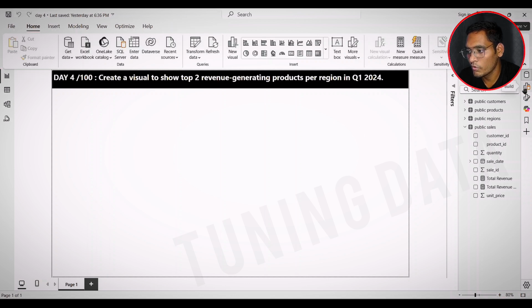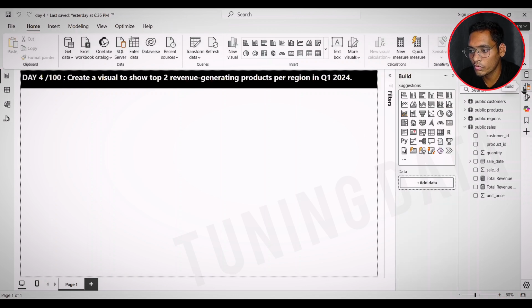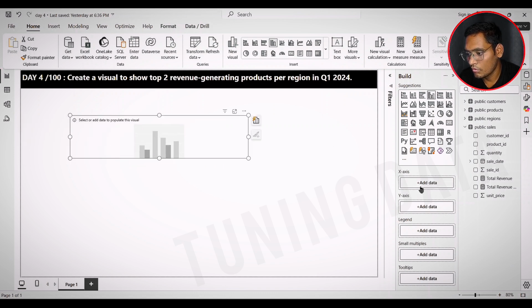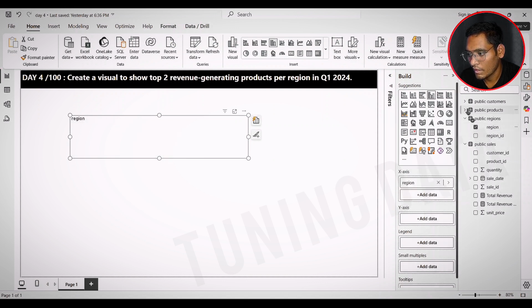Okay, so now I'm going to create a column chart to show this visual here. So let's take this clustered column chart here. So I took this clustered column chart, and now on the x-axis I'm going to take region name and the product name from the product table.